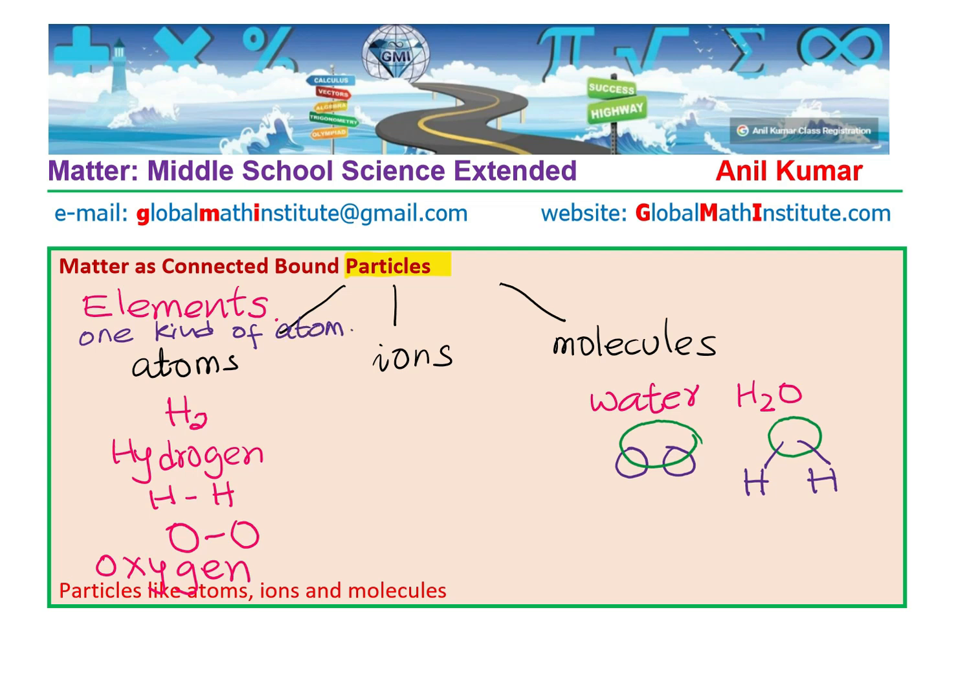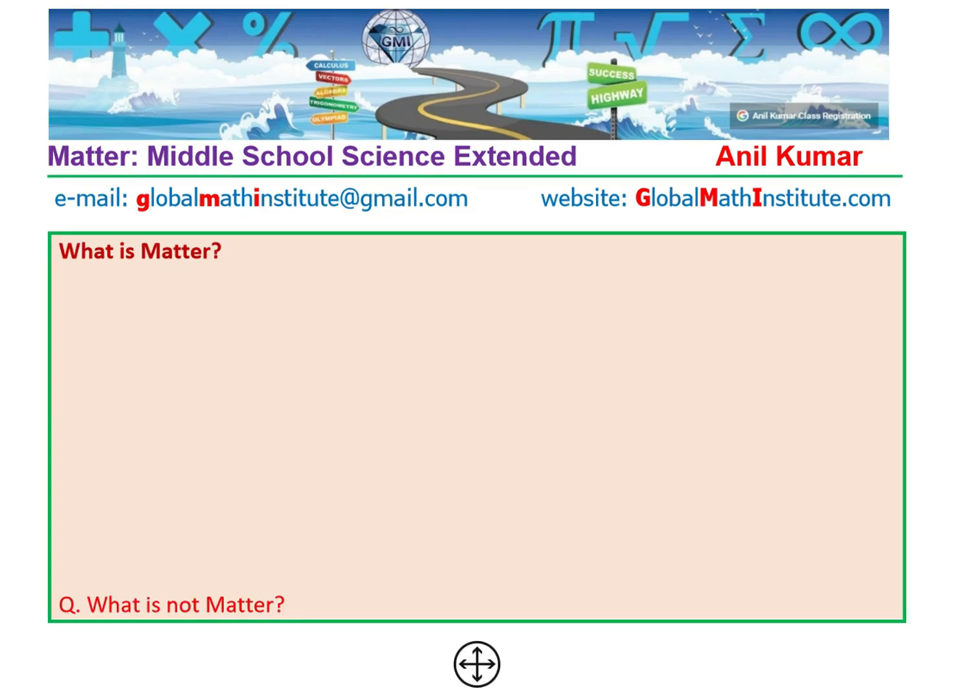So, elements are special matter which have one kind of atoms, but matter can have a combination of all the three. So, what about matter? Matter has a combination of all particles. When we say particles, the particles could be atoms, ions, or molecules. You get the idea. So matter could have all the three. So that is the general way. Elements are also matter. So I hope now it's becoming slightly more clear. As we move forward, we'll look into these things in more detail.